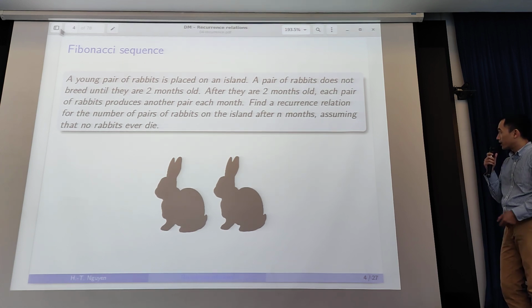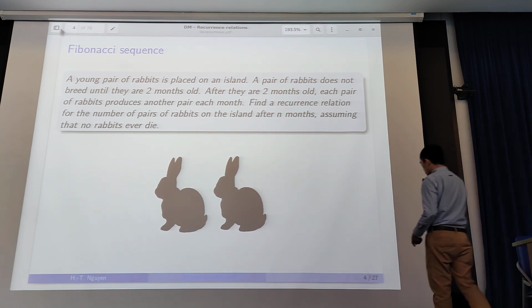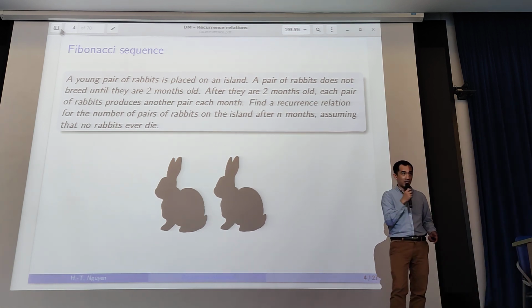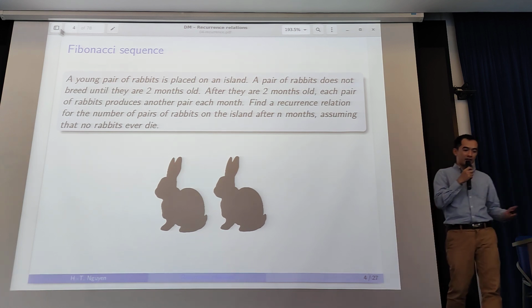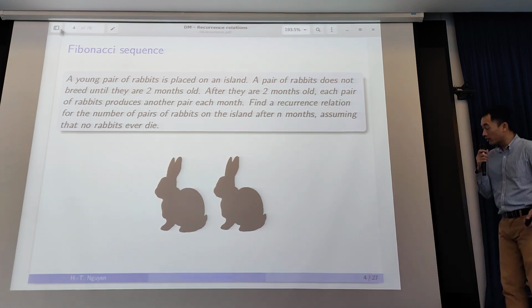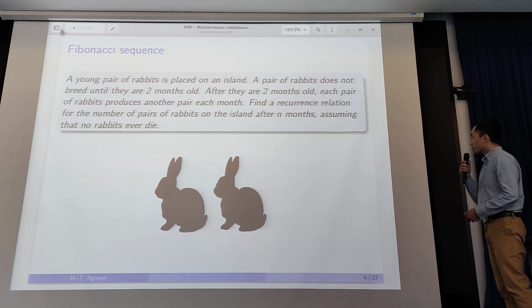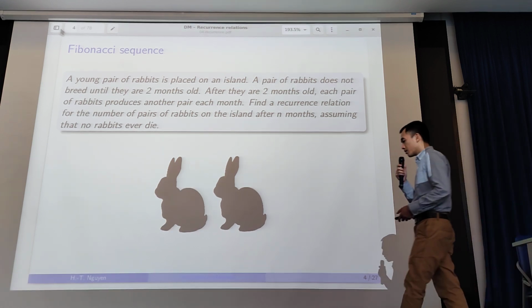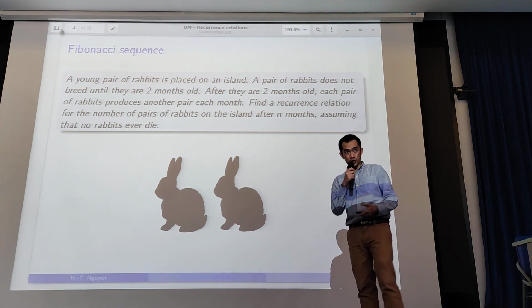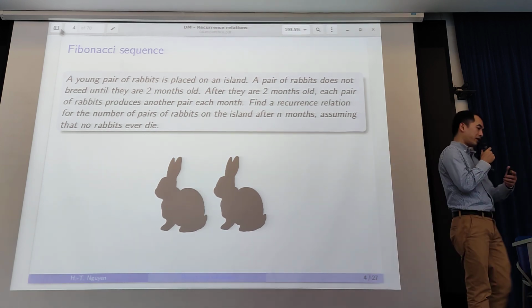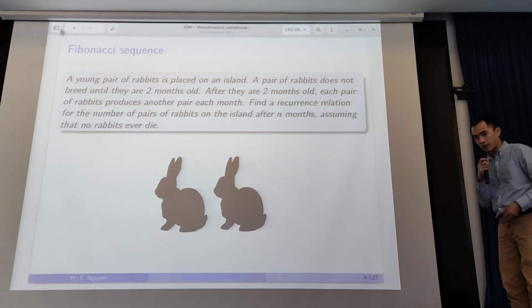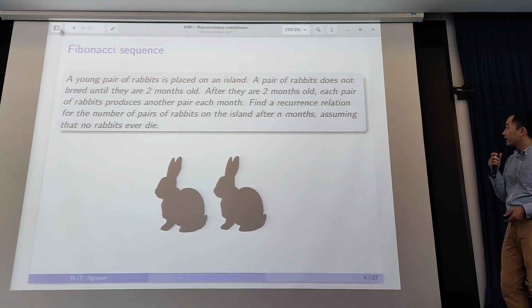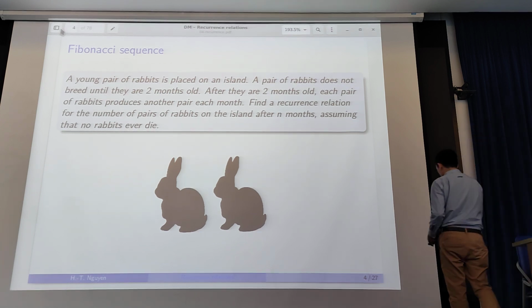This is a fictional setting: we assume that the rabbits never die, and they reproduce regularly every month. So the question is: if we put an original pair of rabbits on an island and let them be without intervention, what is the number of rabbits after n months,